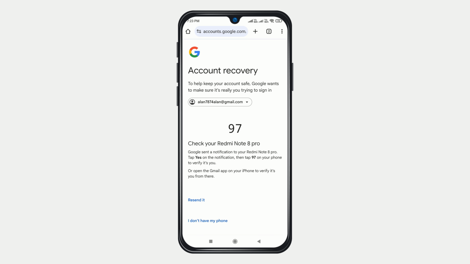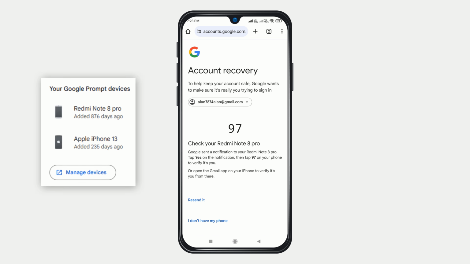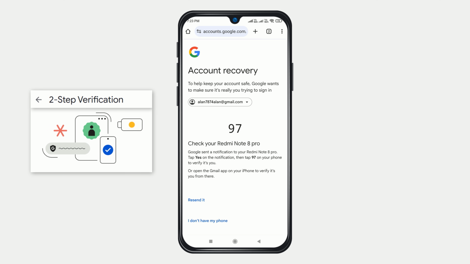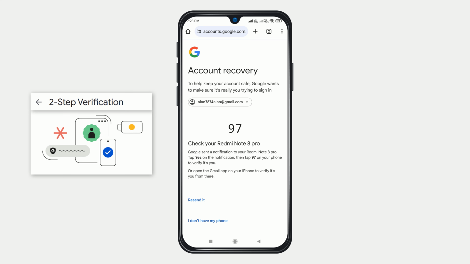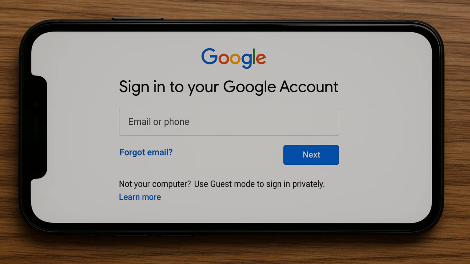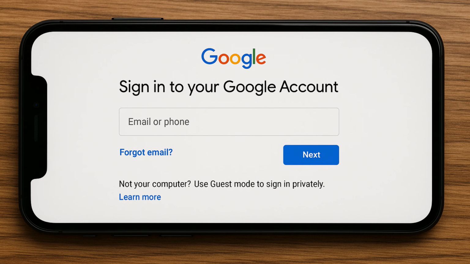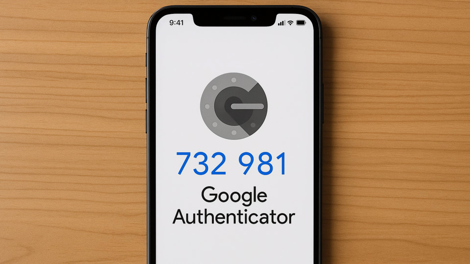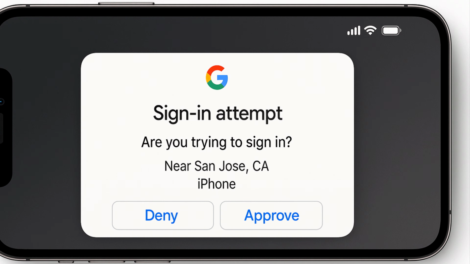Now, if you see this type of screen, it means you can recover your account via Google Prompts. Now, what are Google Prompts? Google Prompts is a two-factor authentication feature provided by Google to help secure your account. When you sign into your Google account on a new device, instead of entering a code from a text message or an authenticator app, you can get a push notification on your phone asking you to approve or deny the